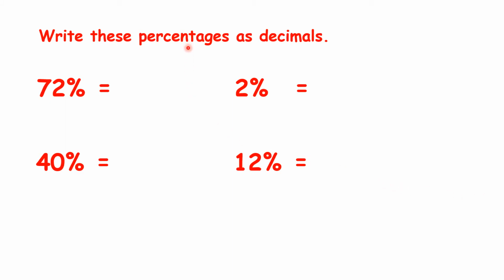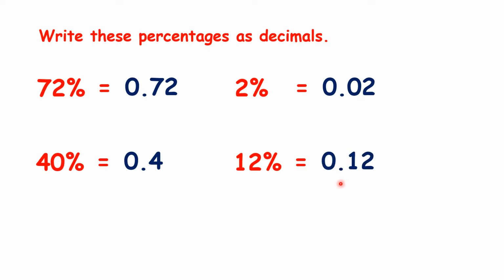Now pause the video and write these as decimals. We have 0.72, 0.4, 0.02, and 0.12. So notice, if it's a single digit percentage, like it is here with 2%, you use only